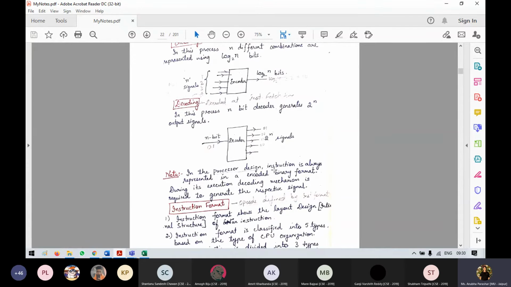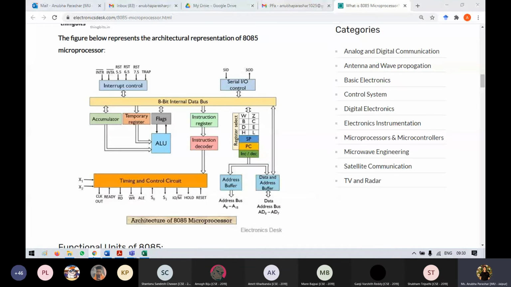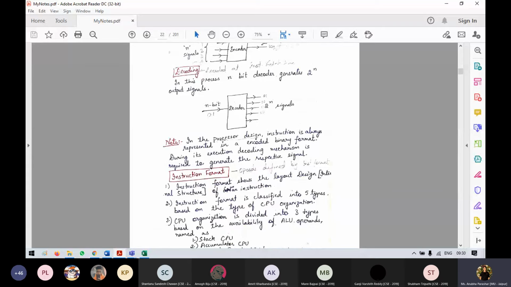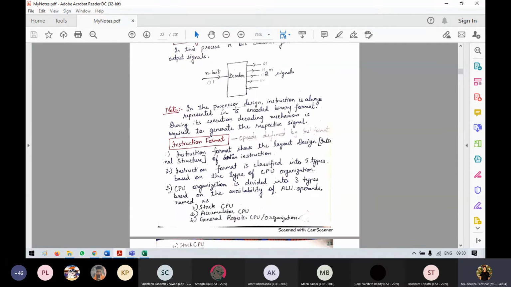So the encoder and decoder will always be present in the ALU, and when we are fetching and executing, they make the entire execution taking place in the ALU possible, right? So what is the instruction format? The processor design instruction is always represented in encoded binary format. During its execution, a decoding mechanism is required to generate the respective signals. So you can make a note of it.